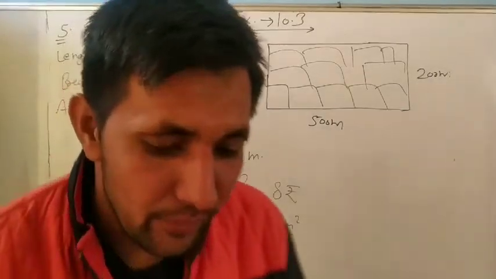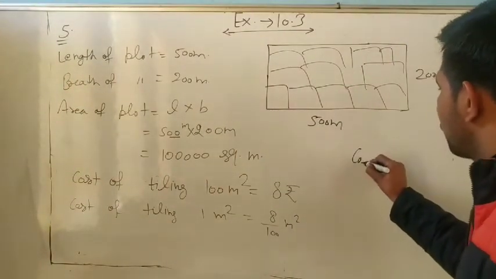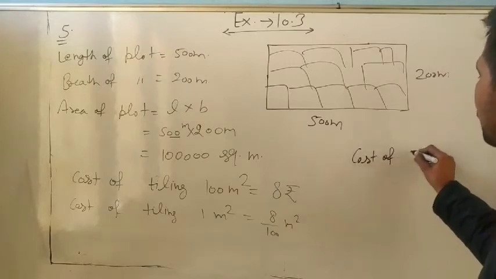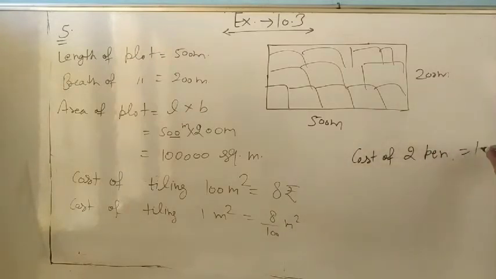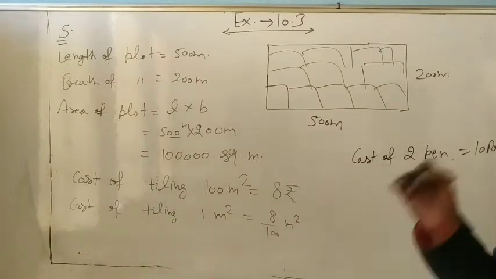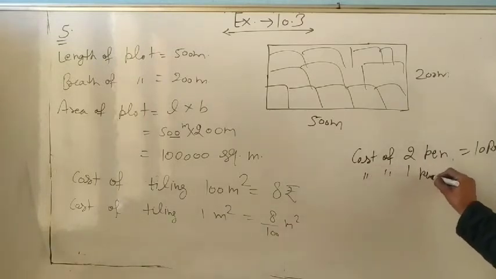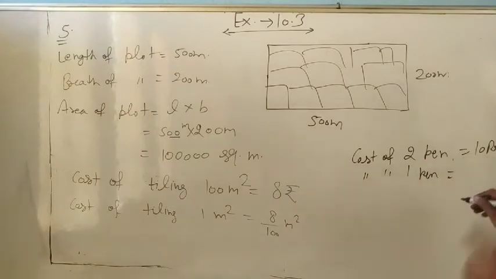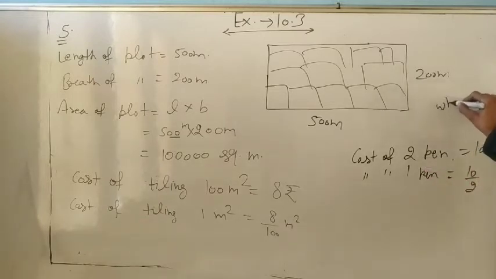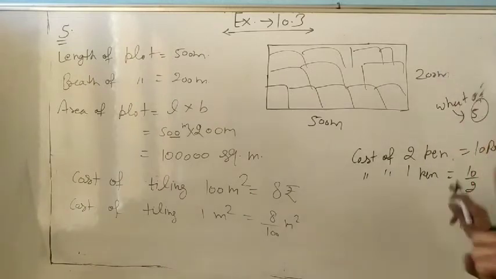Yes, tell me, if I ask you cost of 2 pen is 10 rupees, what is cost of 1 pen? You will say, sir, 5 rupees. 10 divided by 2, like this one, or not? So whenever we want to find cost of 1 pen, we divide the total by this one. But if I ask you cost of 2 pen is 10 rupees, so what is cost of 5 pen? So first we will find cost of 1 pen, or not?